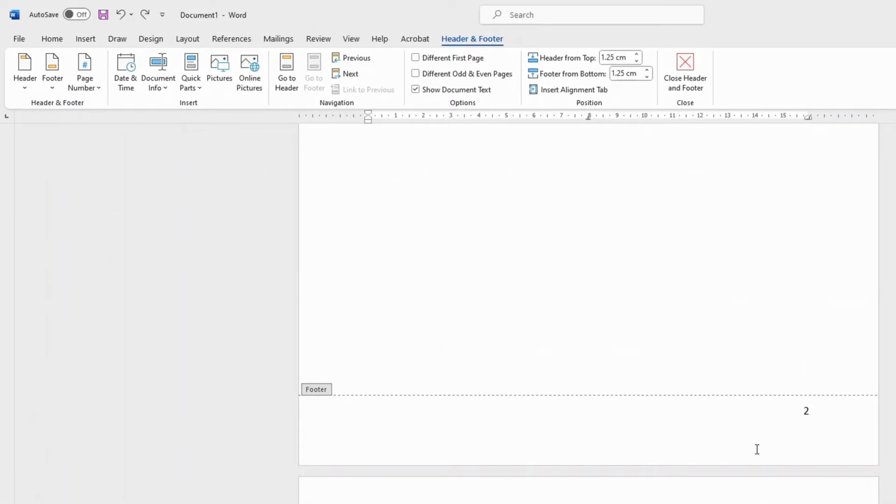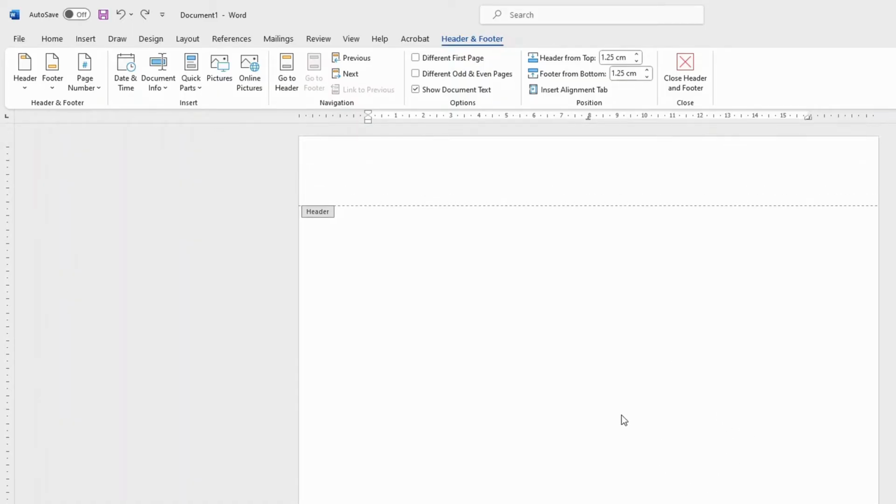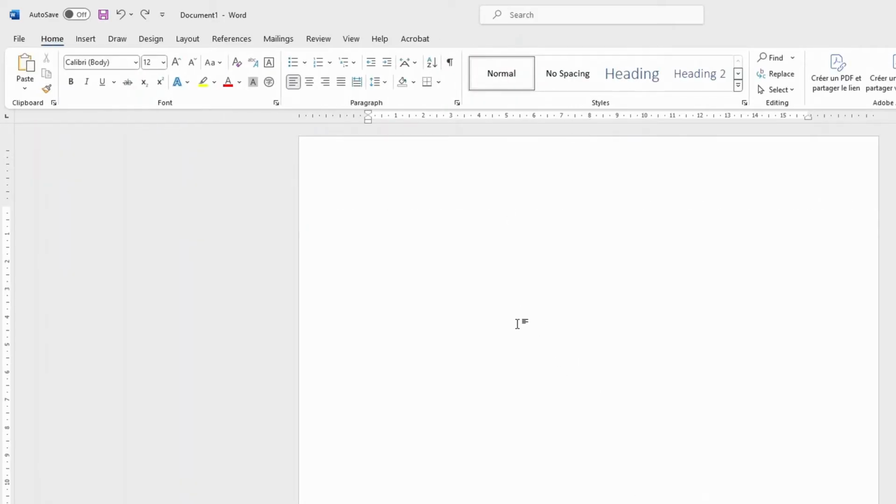So to make sure that when I'm deleting page number one, nothing affects the rest of the pages, I need to create a section for page number one. How do I do that? To create a section for page number one, I simply put a cursor somewhere on page one, right? Then I click on